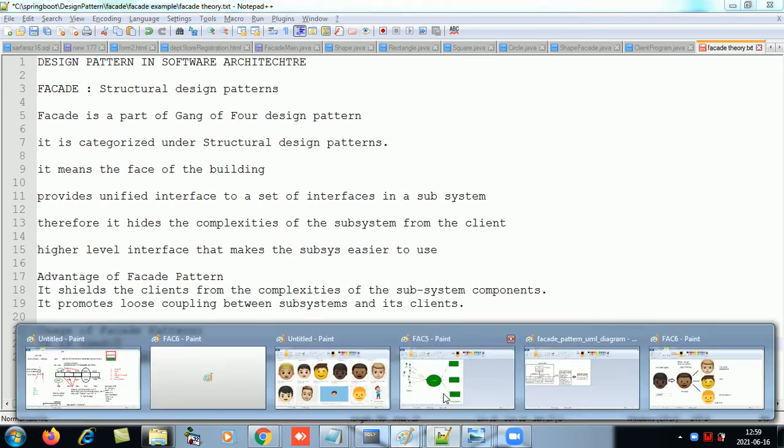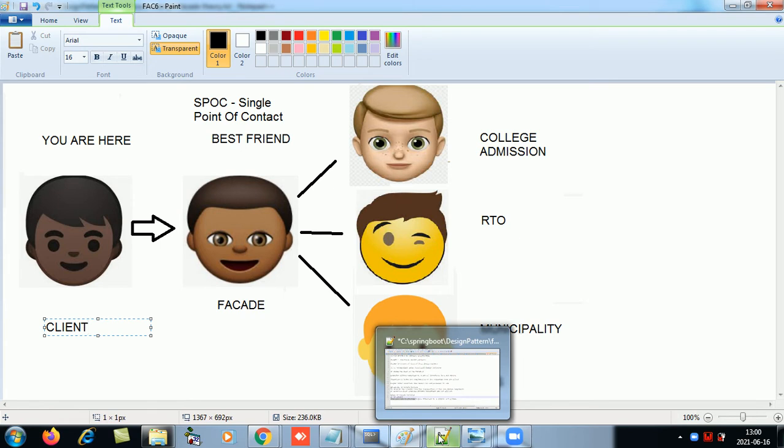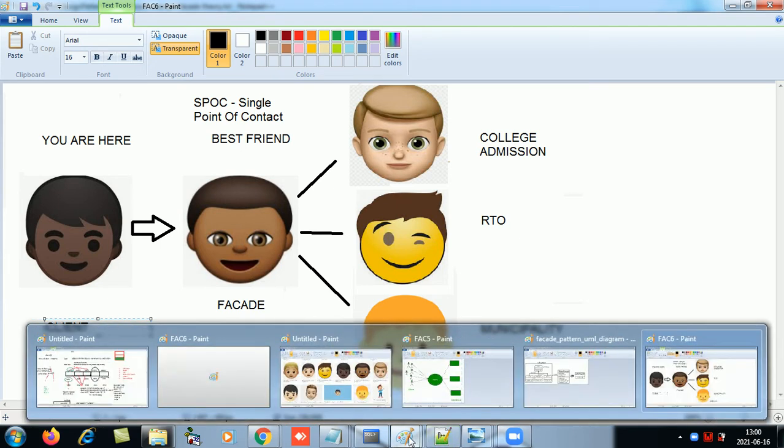So these are all complex tasks, but your friend will make it very easier for you in completing these tasks. So the facade will act in a way, right? So let's take a technical example now. So what I'll be doing over here is,